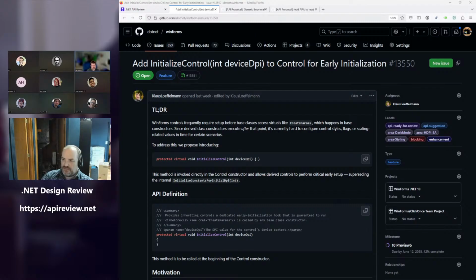So what scenarios is this method targeting, which is like things like high DPI, or if you want to early indicate that you want to wrap your control by Win32 differently because you have to set up the flags before CreateParams is called, which is also called by the constructor of the base control, namely Control, but later than InitializeControl. And so it fits into the